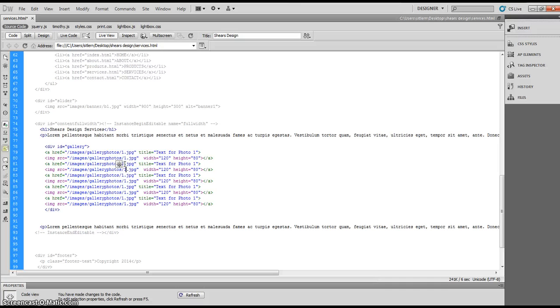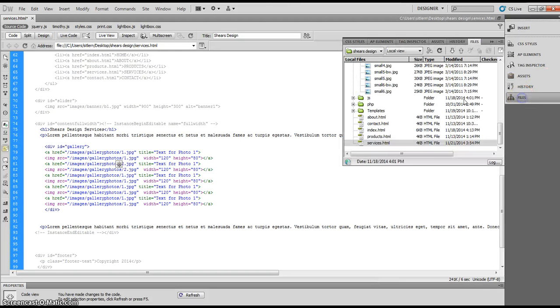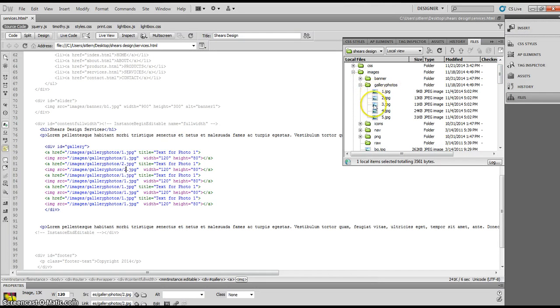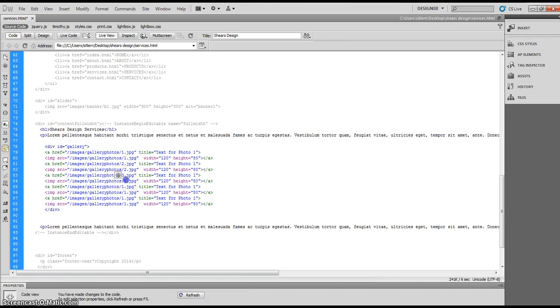Now, you could go in and do all of your images and find them and everything like that. But actually, I'm changing it before I show you. But let me go in and show you these particular images. If we go into our Lightbox Gallery Photos, you can see that these photos are in photos 1, 2, 3, 4, and 5. All I need to do is change these numbers, and then that will work, and it should look fine. So I'm going to save it,